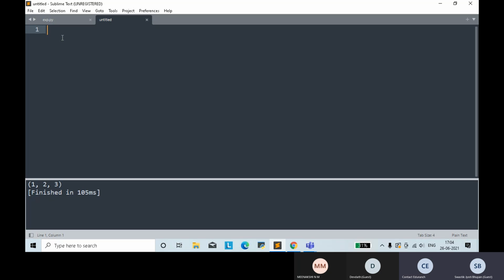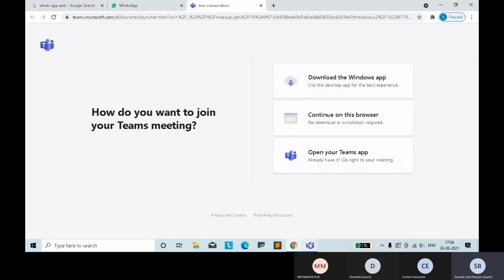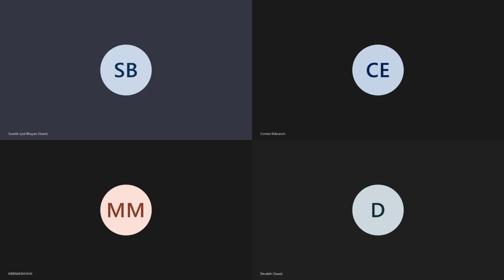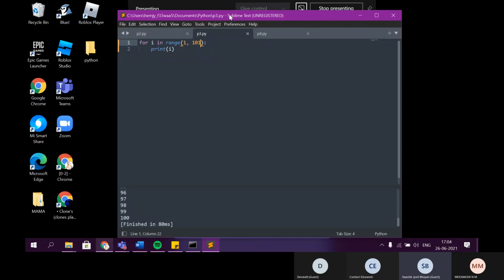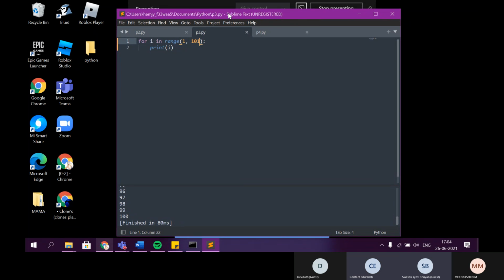Okay, sir. Meanwhile, Meenakshi, can you show your screen? What you have written? Okay. Can you print? Yes, that is how you print. Excellent. Devdutt, can you show your screen?